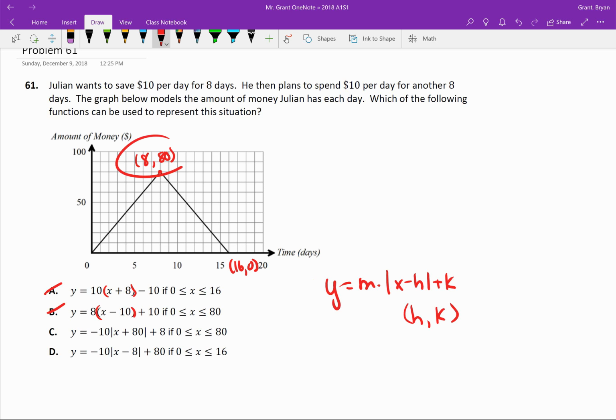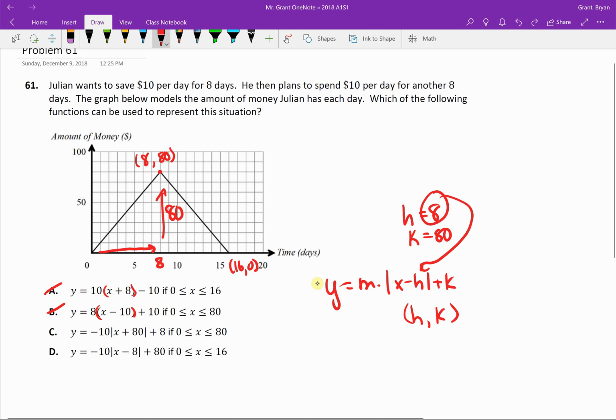And our vertex here is at (8, 80). We went horizontally 8 and vertically up 80. So horizontal 8, vertically 80. Therefore, I think we are going to get the equation like D. Don't forget it's always the opposite of H, or that's what it looks like on the inside, because if I put H = 8 in here, it's X minus what we put in, and we should end up with